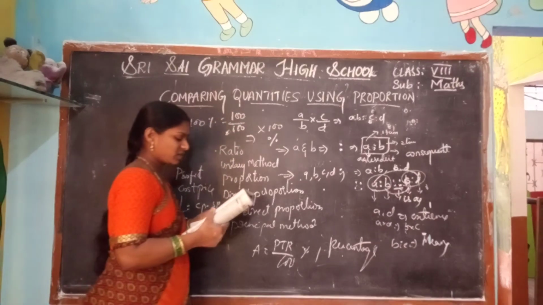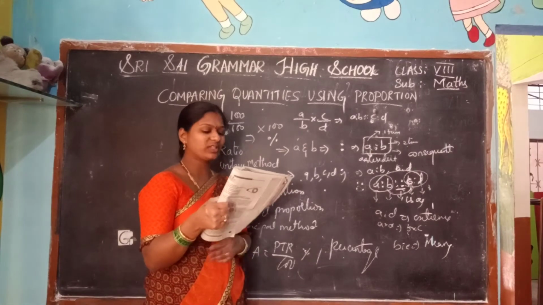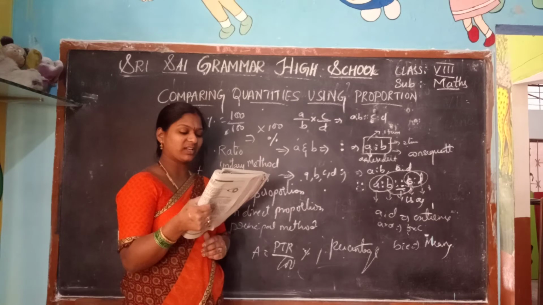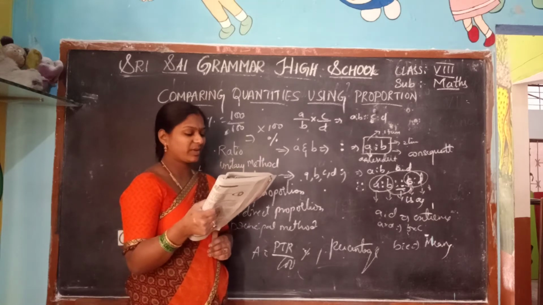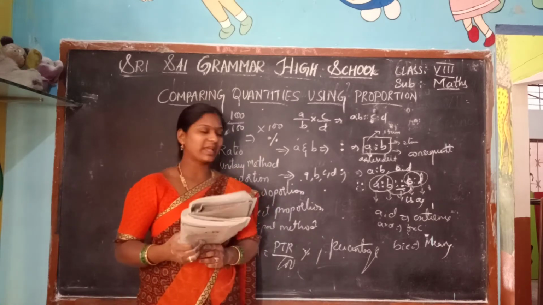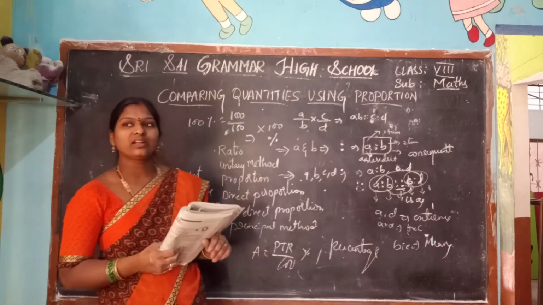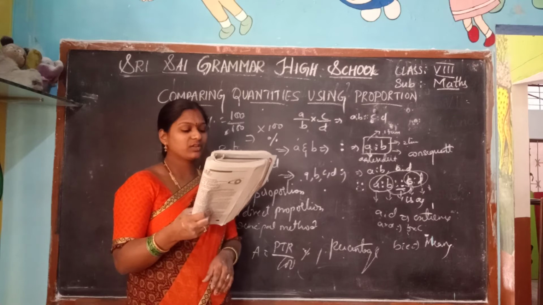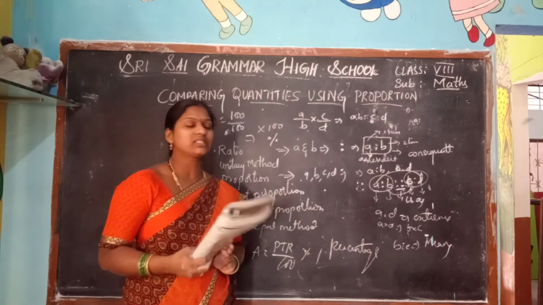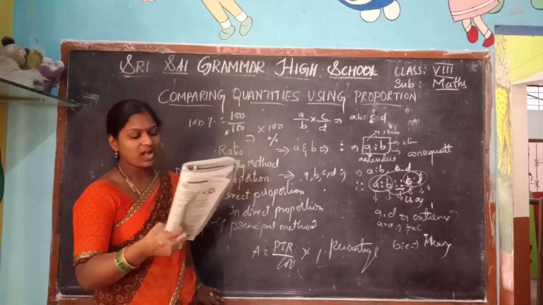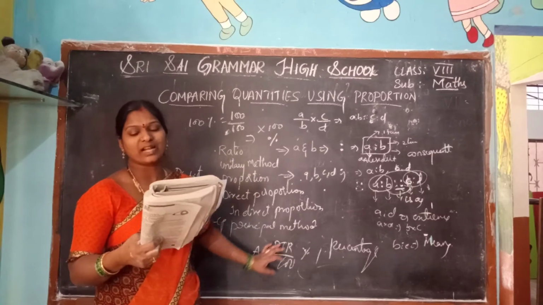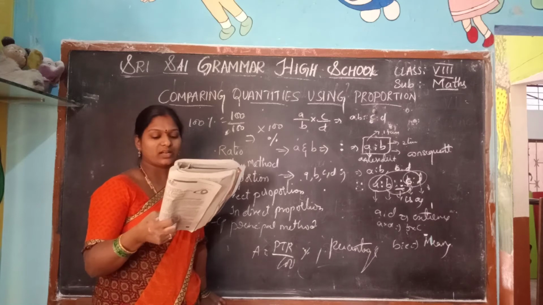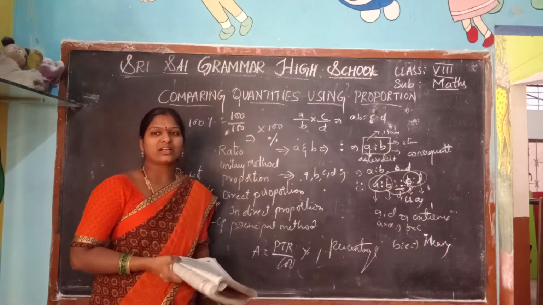Now, it is also a fraction with a denominator. Discount is a decrease, a percent of the market price, and rebate is also a discount, like direct proportion and indirect proportion. See, in simple interest it is PTR by 100, where P is called principal, T is called time, and R is the rate. It is divided by 100, that is a percentage.